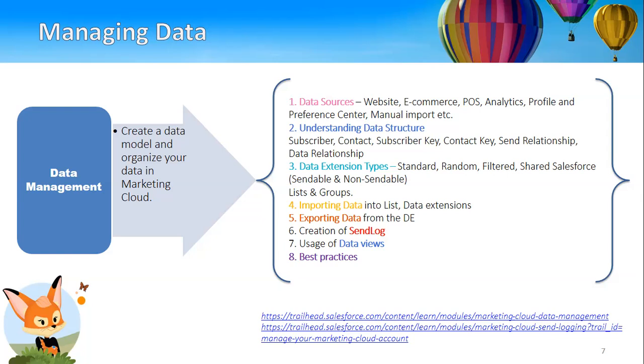So if you are connecting using Marketing Cloud Connect to a different cloud, then it is a standard practice to use person contact ID, which is an 18-digit value, as a subscriber key. And if you are not using any other clouds and you are only using Marketing Cloud, even then it is better to go with some other unique identifiers other than email address. And that is about subscriber key.